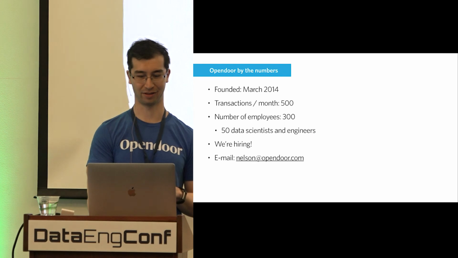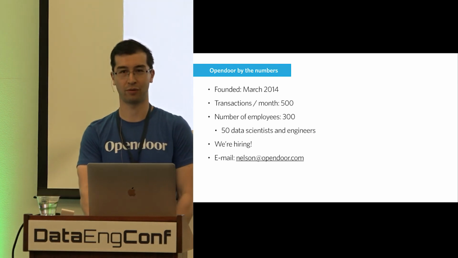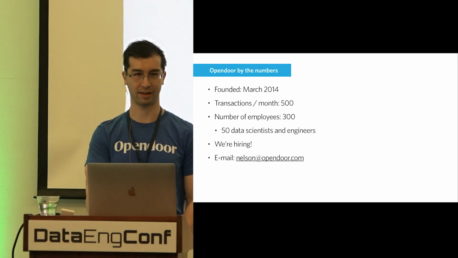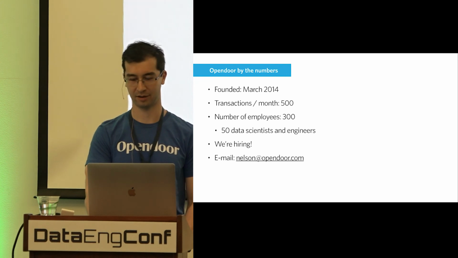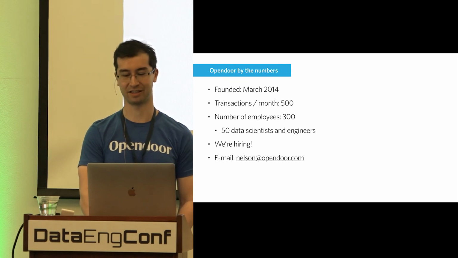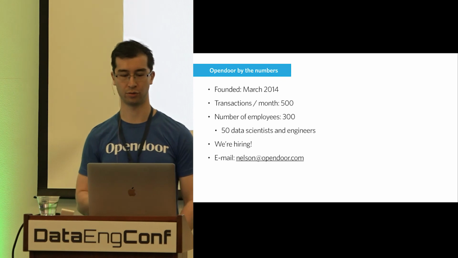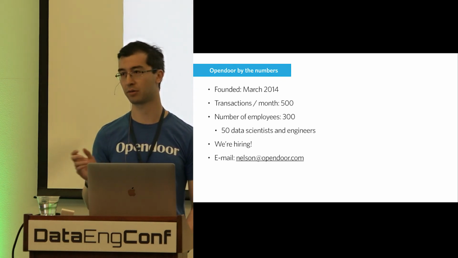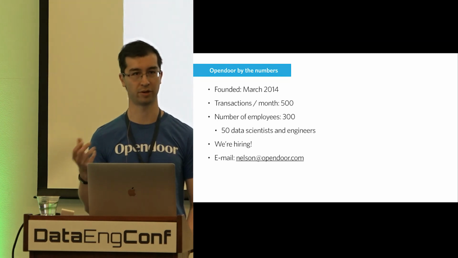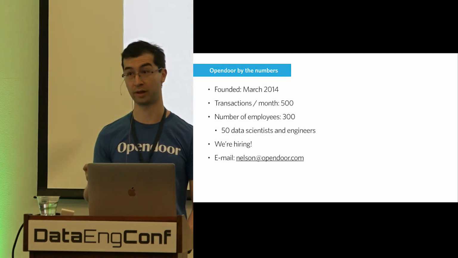So just a little bit about the team and the problems we're working on. At Opendoor, we were founded just over 3 years ago. We're buying and selling a couple hundred houses a month, and we have a couple hundred employees, 50 data scientists and engineers, and we're working on causal inference problems like this, trying to better model the price of houses, ingest as much real estate data as possible if it can help us better understand the risks associated in buying and selling houses or understanding our valuation of houses.